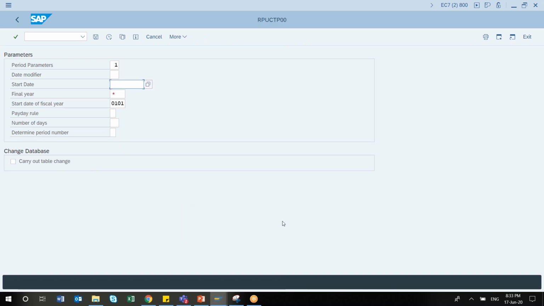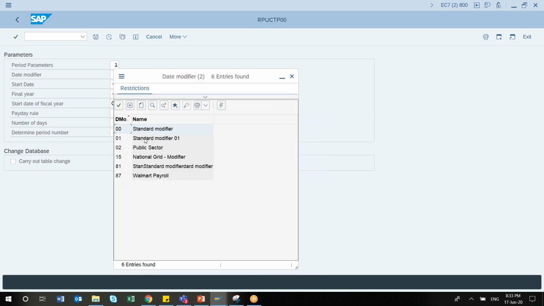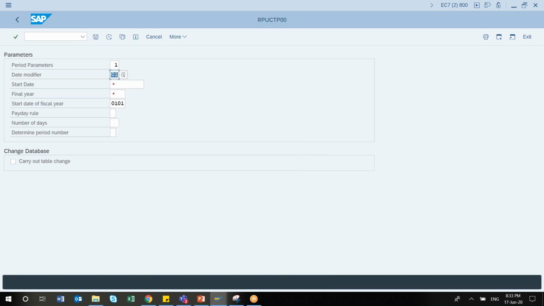As soon as I choose Canada, I have to choose the date modifier, standard modifier. Period parameter is 01, start date is, let's say, 01 01 2000.